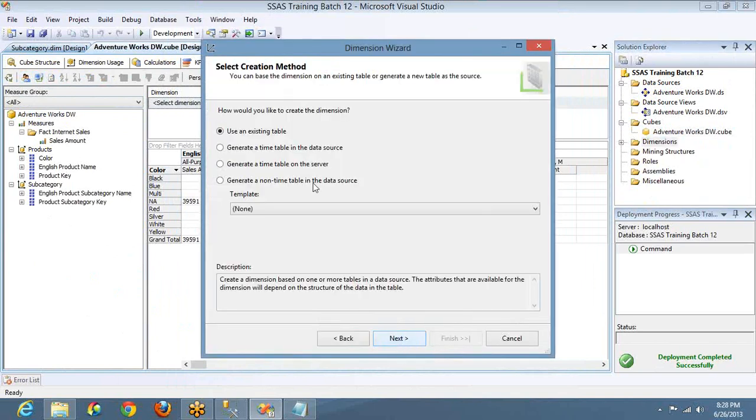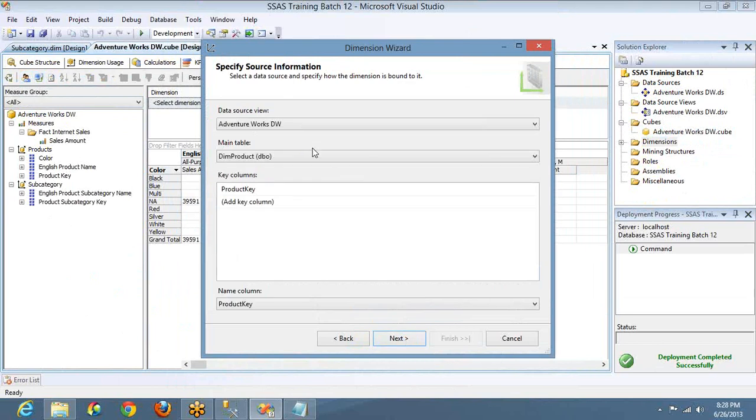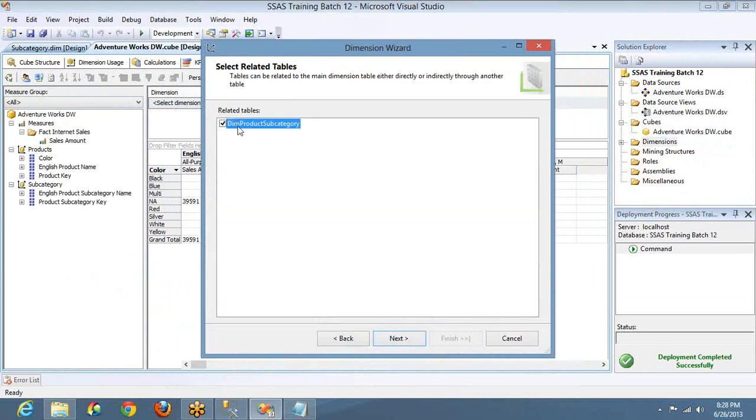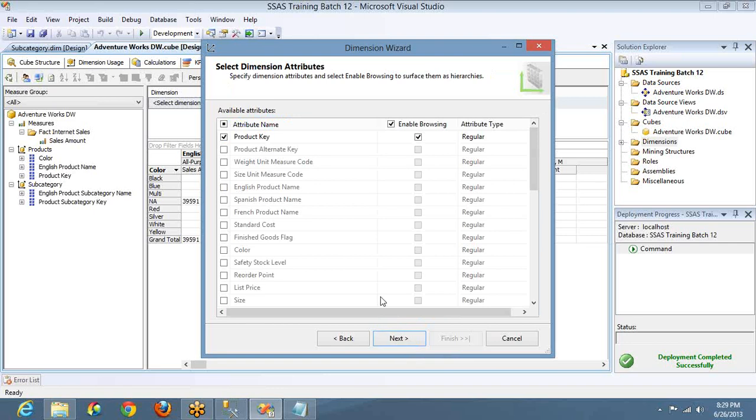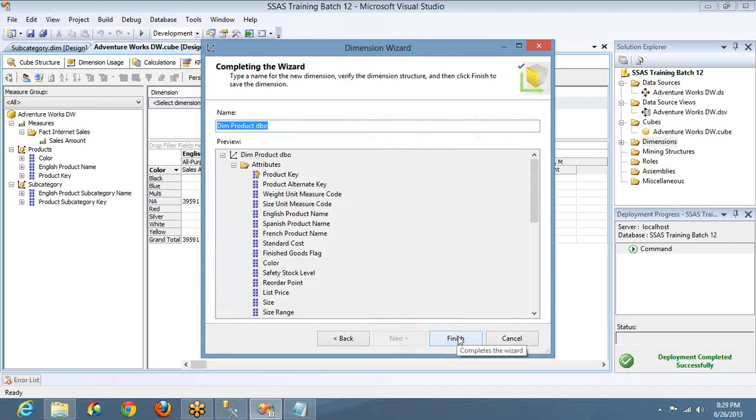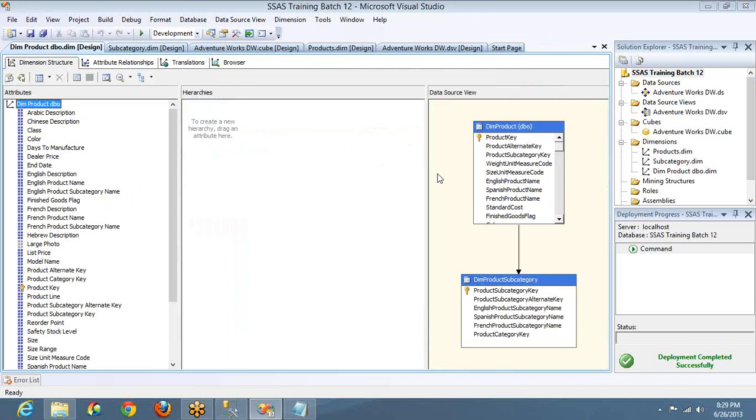And similar to that, you can add a number of dimensions. Now I created one dimension using product, right? And I can create one more dimension using product again, the same table. But here I'm going to use the related table also. This is the related table. That means these two have a relationship. It is giving us suggestions. I'm adding both. Let me add all the attributes. Click on next and click on finish. If you see, I have both the tables here. I'm using both the tables to create one dimension instead of two dimensions.